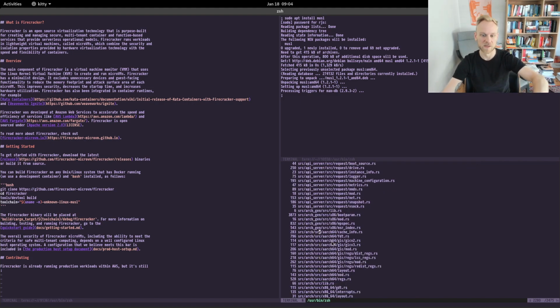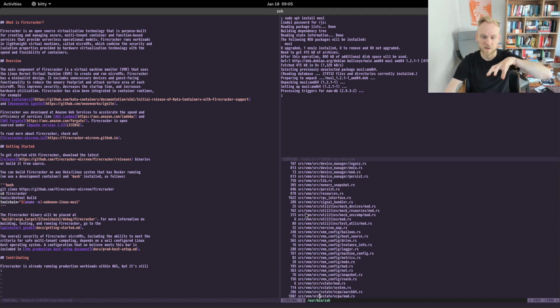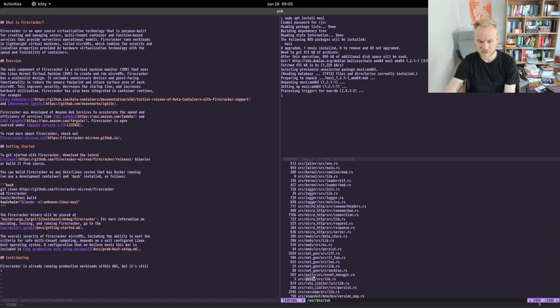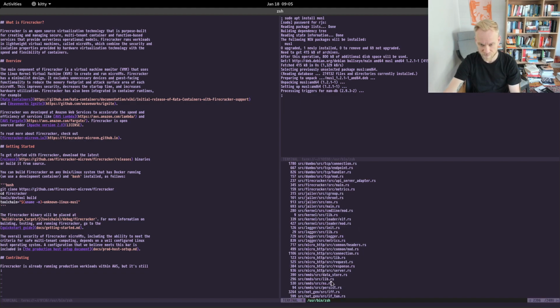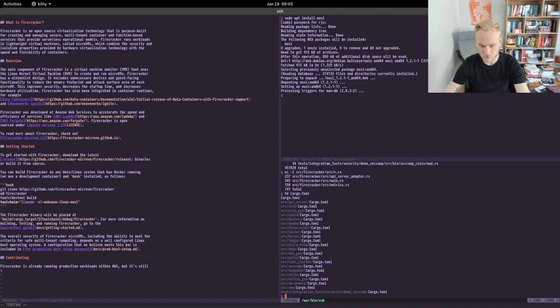Short couple of lines, right? Sorry, not a couple of lines, what was it? 741 lines, almost 1,000 lines for the command line utility. But you'll see that there are other things in here like VMM, VM memory, Virtio, Gen, utils, snapshot functionality, seccomp, rate limiter, etc. All of these are separate crates, maybe crates, maybe other functionality. It just depends where we find Cargo.toml files. Yeah, these are all individual crates.